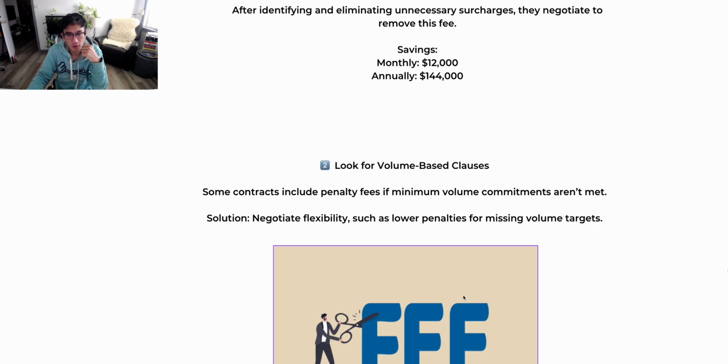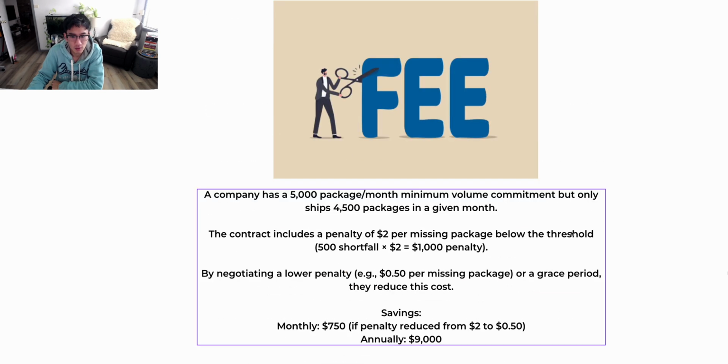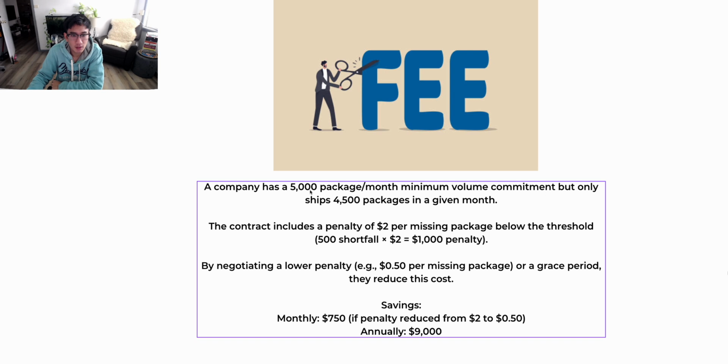Solution 2. Volume-based clauses. Some contracts include a penalty fee if the minimum volume commitment isn't met. Let's say you can't ship out those 5,000 orders this month, you'll get hit with a fee. So you can negotiate flexibility such as lower penalties for missing volume targets. So for example, a company has a 5,000 package per month minimum volume commitment. But let's say they only ship